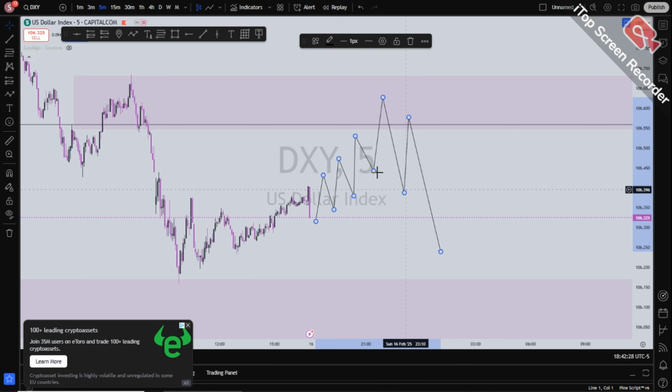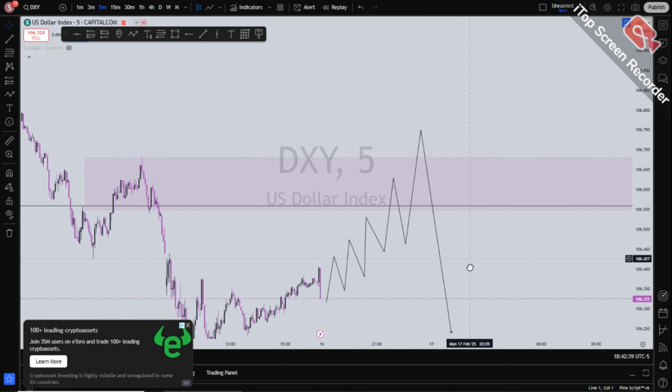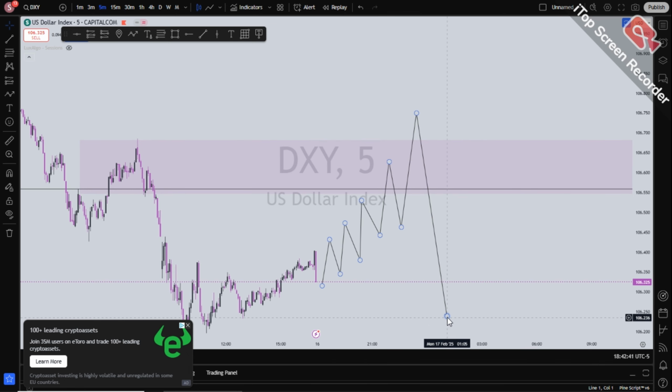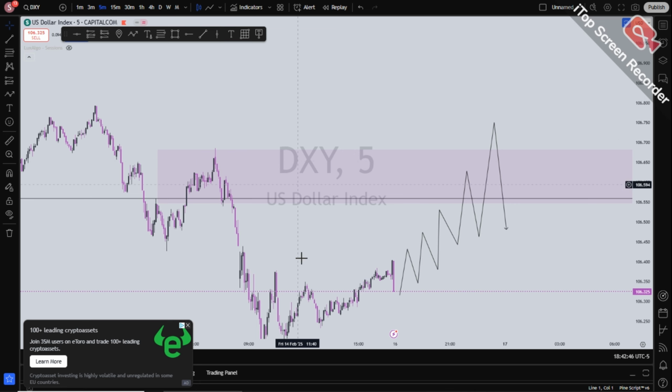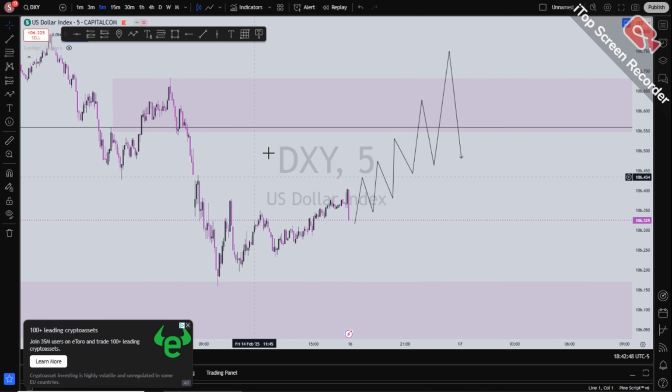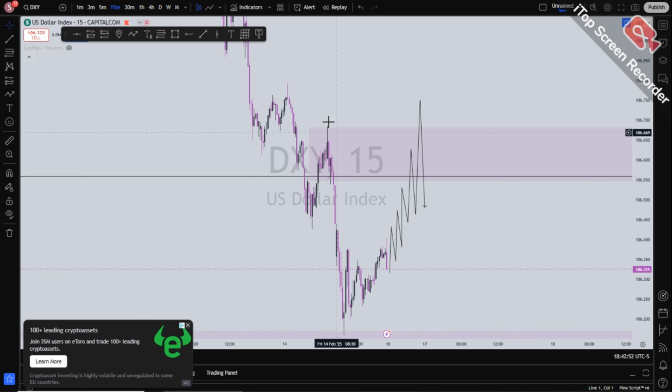But we could still see price come here and not break the structure. We could see price come and do something like this. If price does something like this, trades higher and breaks this high again, breaks this zone, we could expect, okay, fine, we're expecting a reversal for price. It means the zone where it traded is actually a good zone, and breaking this is a major valid high on the higher time frame, that is the 15-minute chart. Price took liquidity here and we're seeing liquidity here. So if we have a chopping market like this, we expect this zone here to hold price, and we'll be expecting price to go to the upside.